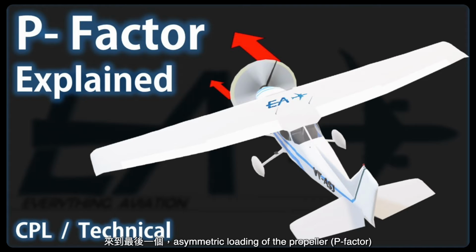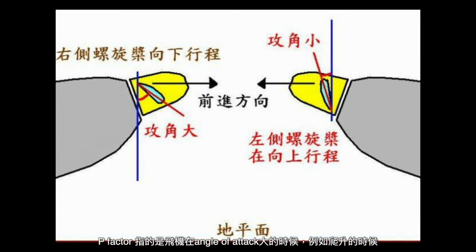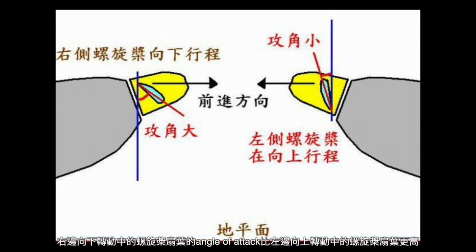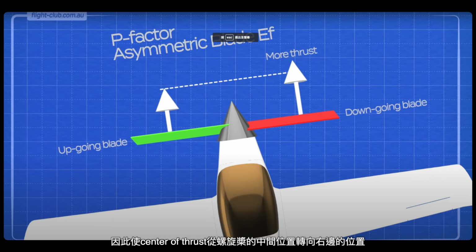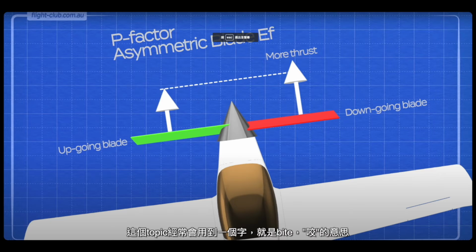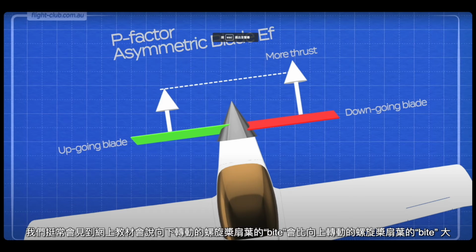嚟到最後一個 asymmetric loading of the propeller，簡稱 P factor。P factor 指嘅係飛機喺 angle of attack 大嘅時候，例如爬升緊嘅時候，右邊向下轉動緊嘅螺旋槳扇葉嘅 angle of attack 比左邊向上轉動緊嘅螺旋槳扇葉嘅 angle of attack 更加高，因此令 center of thrust 從螺旋槳嘅中間位置轉向右邊嘅位置，左右兩邊嘅 thrust 就會唔平衡，右邊嘅 thrust 會比較大，因此會令飛機喐向左邊。呢個 topic 經常會用到一個字，就係 bite 咬嘅意思。我哋幾常會見到網上教材會話向下轉動緊嘅螺旋槳扇葉嘅 bite 會比向上轉動緊嘅螺旋葉扇葉嘅 bite 大。我哋可以將 bite